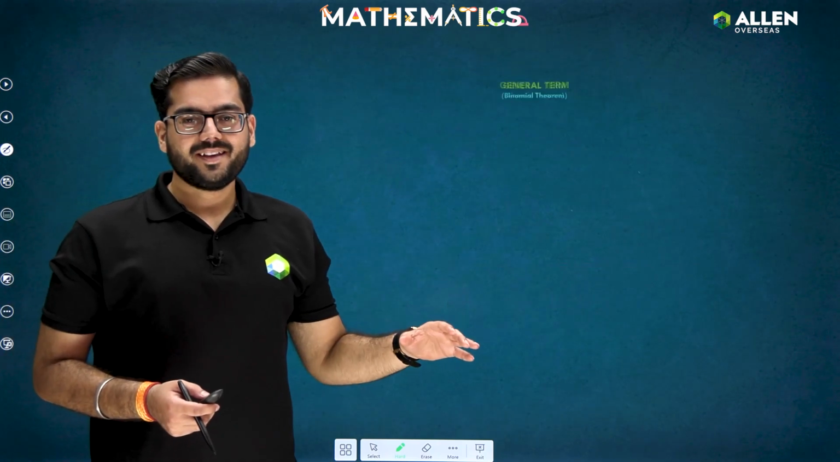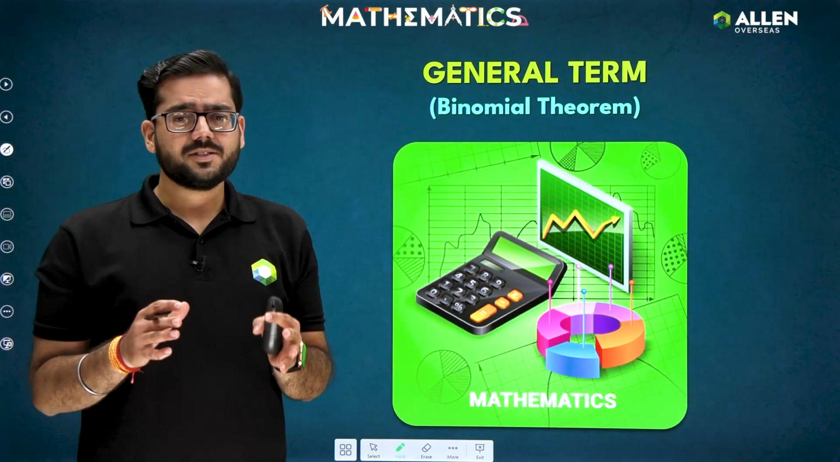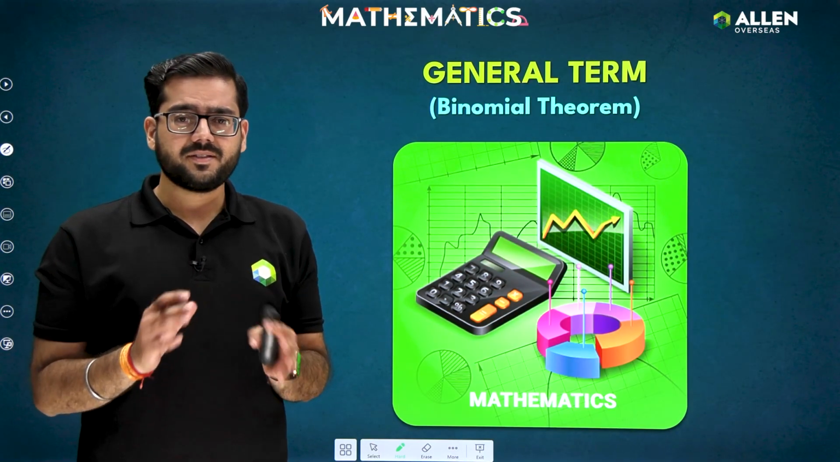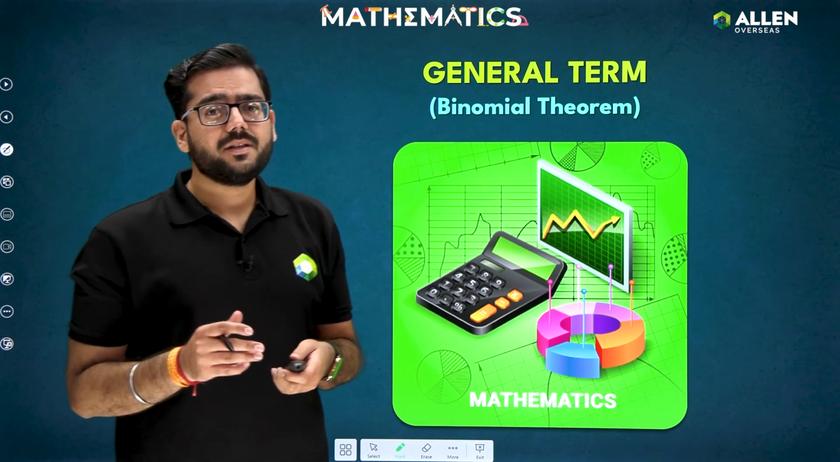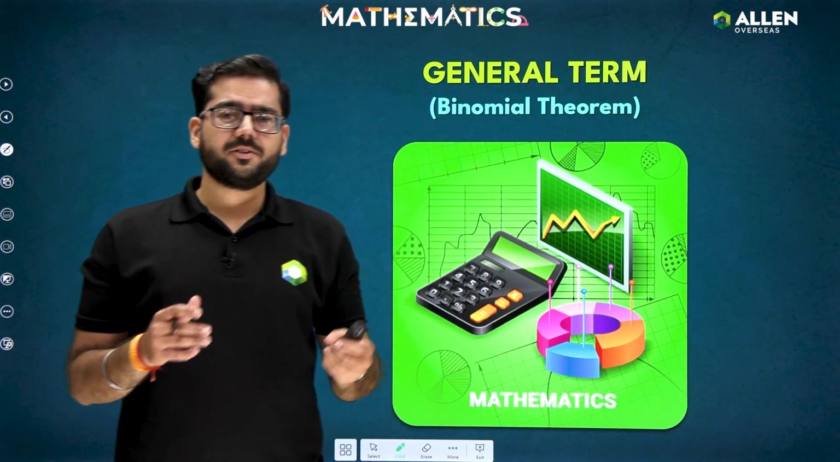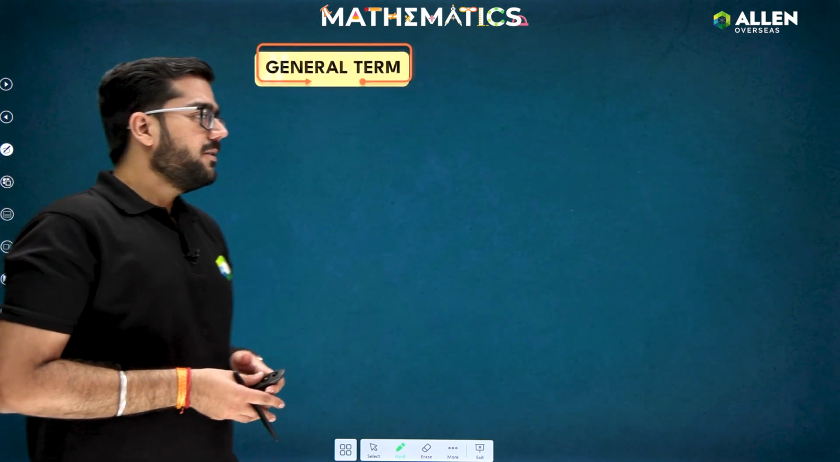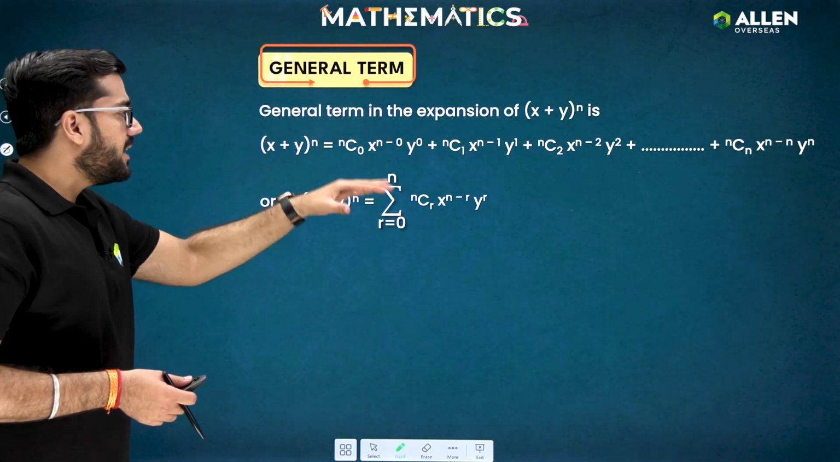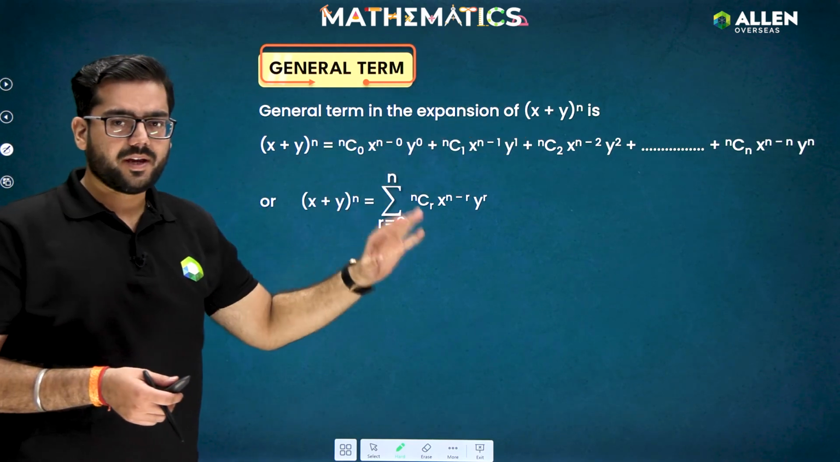Now our today's topic is the general term in the chapter Binomial Theorem. This is one of the easiest and most efficient topics from the chapter Binomial Theorem. And you can see there are a lot of previous year questions on the basis of this topic only, right? So, the general term we have in an expansion, that is (x plus y) whole raised to n,